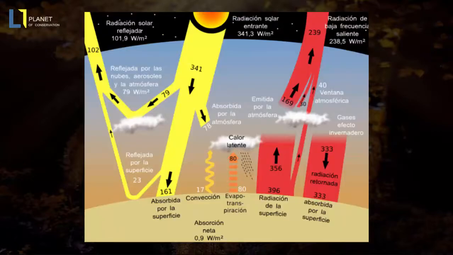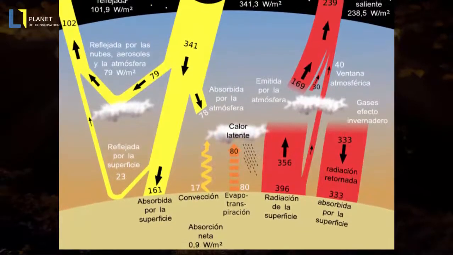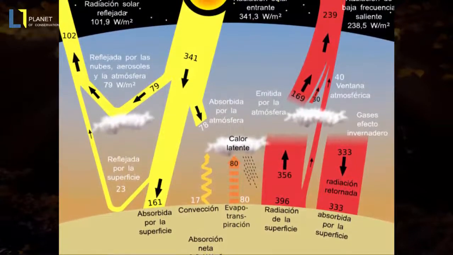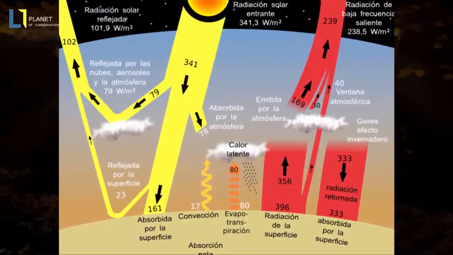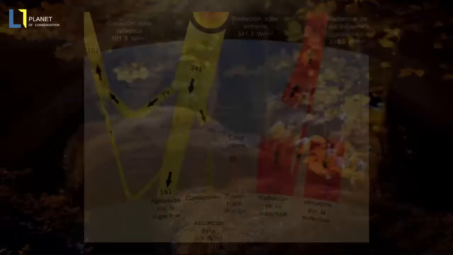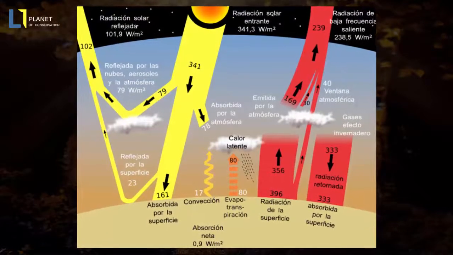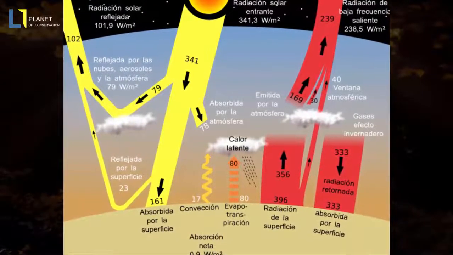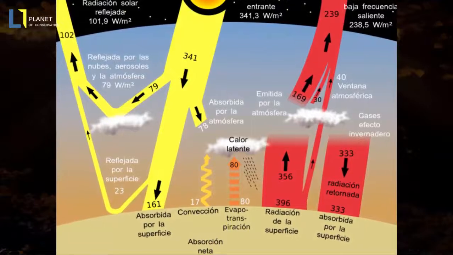Number 3. The greenhouse effect. The greenhouse effect is a process in which the thermal radiation emitted by the planetary surface is absorbed by greenhouse gases, GHGs, and re-radiated in all directions. As part of this re-irradiation, it is returned to the surface and lower atmosphere, resulting in an increase in the average surface temperature relative to what it would be in the absence of greenhouse gases. When the proportions of these gases increase, the general warming also increases, causing extreme temperatures on the planet and affecting life.